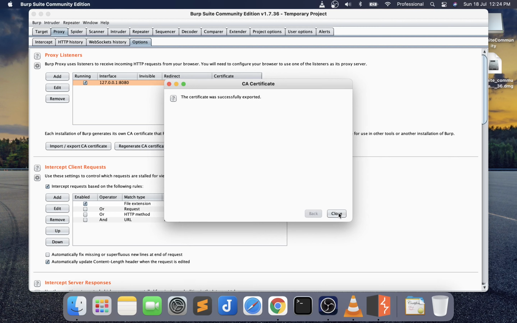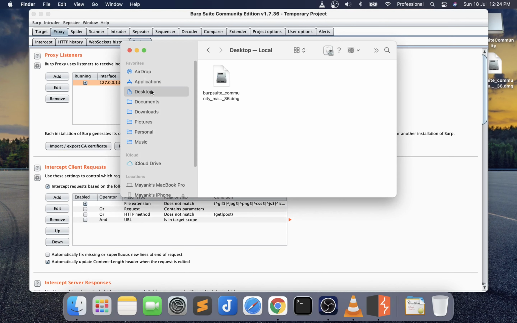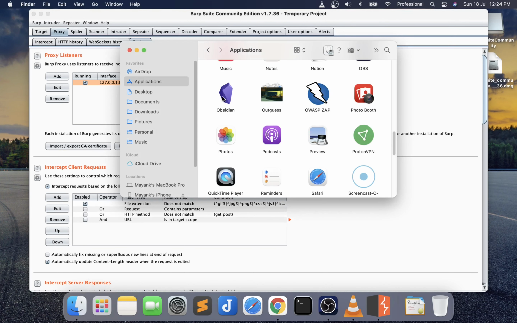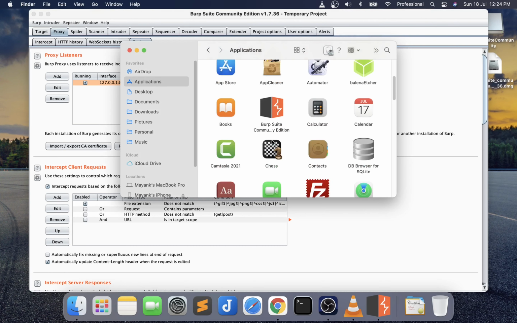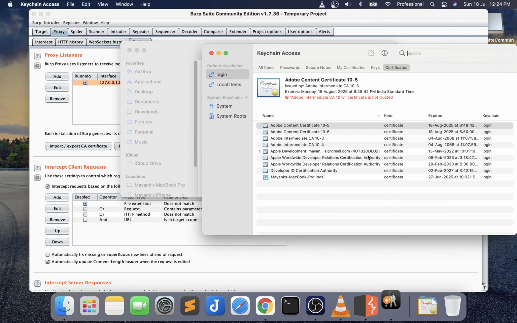So the certificate has been exported successfully. Let's close it and let's import it in our keychain. Let's go to the utilities. You will find the keychain access.